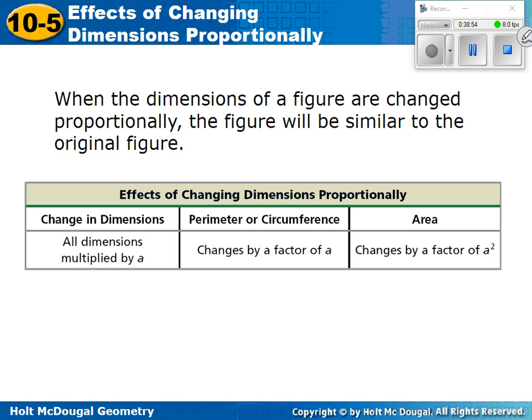The perimeter or circumference is multiplied by, what's the perimeter or the circumference going to be multiplied by? Careful, we're using the letter A. So if all dimensions get multiplied by A, then what happens to the perimeter or circumference? Then they're multiplied by A. And then the next thing that happens,